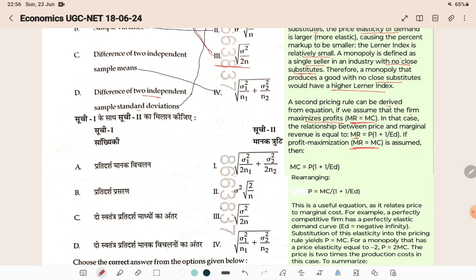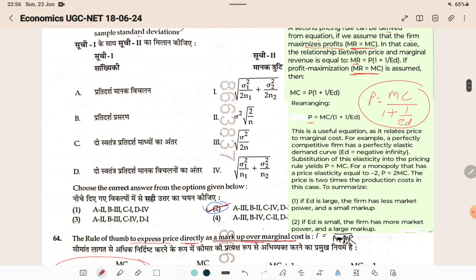into 1 plus 1 by Ed, or if we rearrange that, it will give us P is equal to MC divided by 1 plus 1 by Ed. So this is a useful equation as it relates price to marginal cost. For example, a perfectly competitive firm has a perfectly elastic demand curve, Ed is equal to negative infinity. Substitution of this elasticity into the pricing rule yields